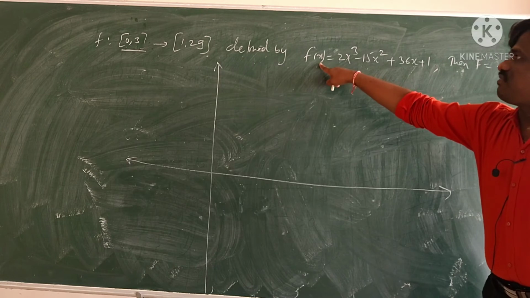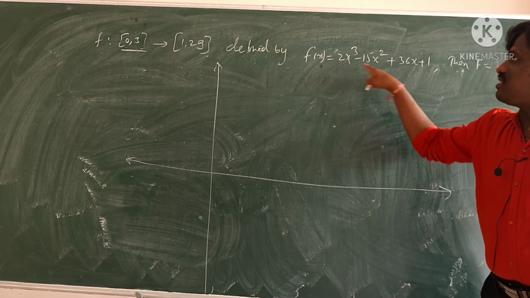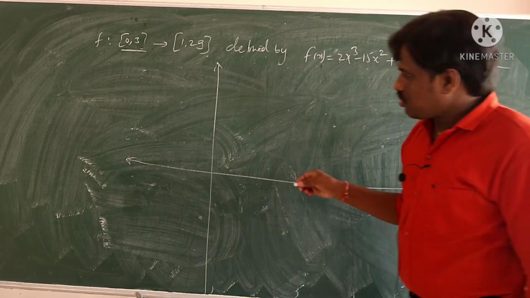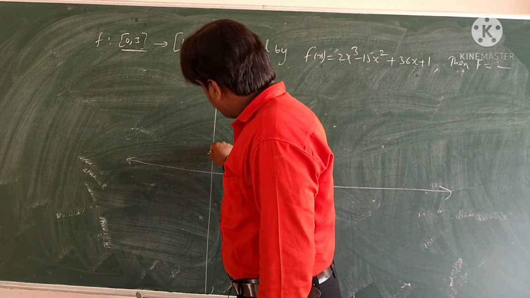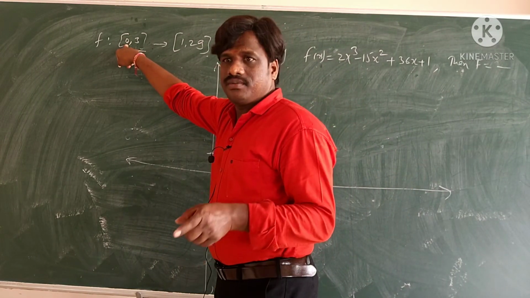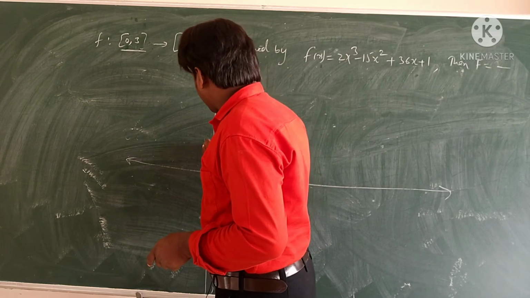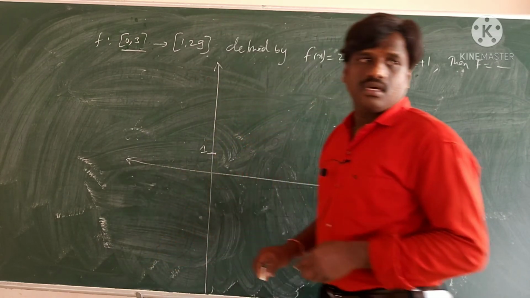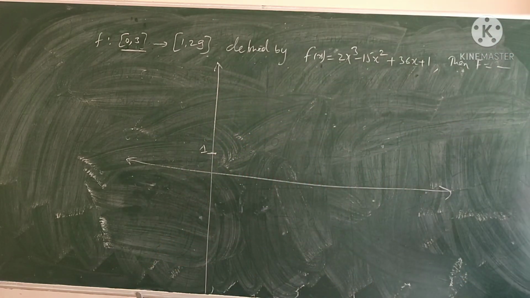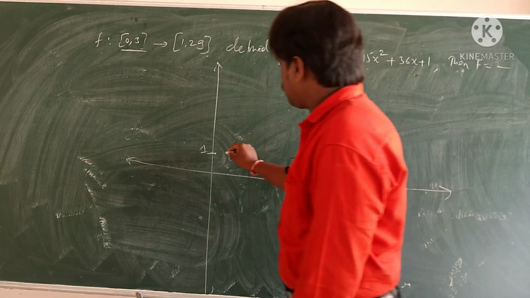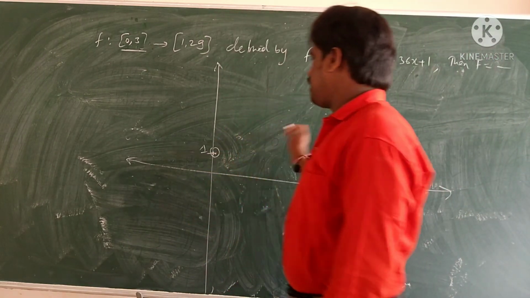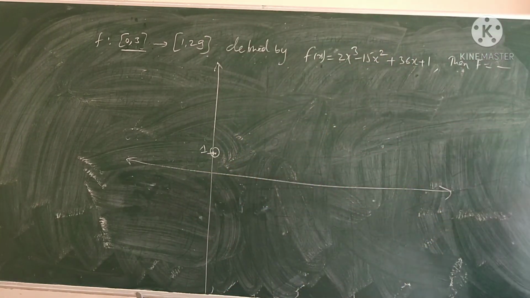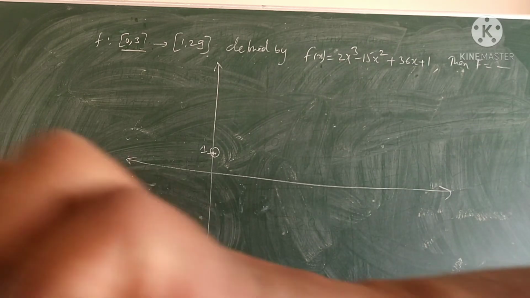Okay, but I substitute f of 0. What is the value of f of 0? It is 1. Because this is the lowest value, f of 0 is 1. I got 1 here. Now next, f of 0 is 1, so this point is okay. Let us see 3 also, f of 3. What is the value of f of 3? Substitute there, tell me fast.